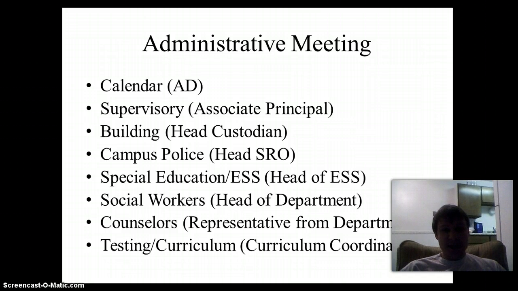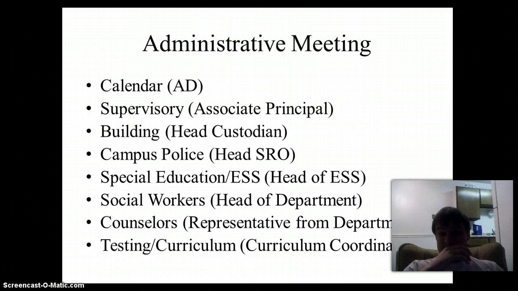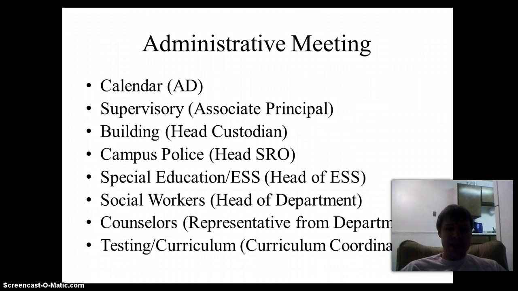Building concerns, the head custodian talked about some of these. He talked about some of the things that would go on over spring break and some of the longer, more long-term projects that might take place over the summer. Campus police, this was really interesting to me, and